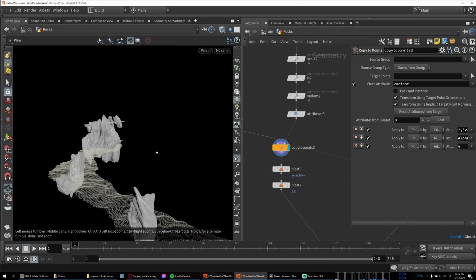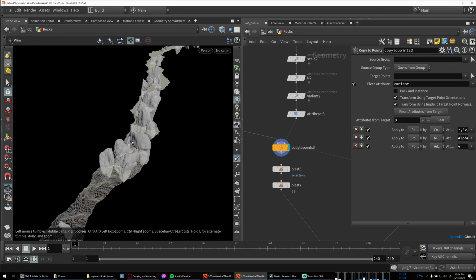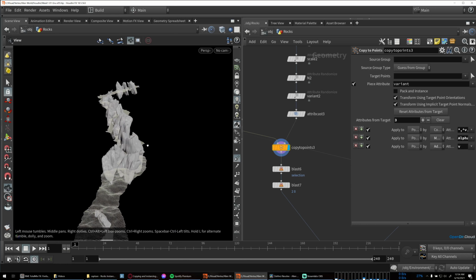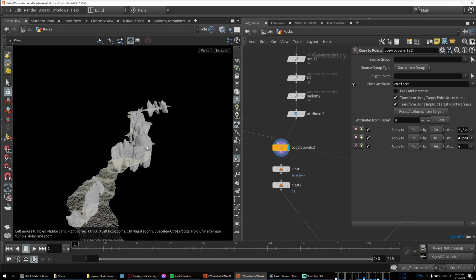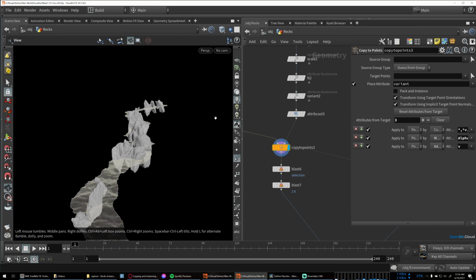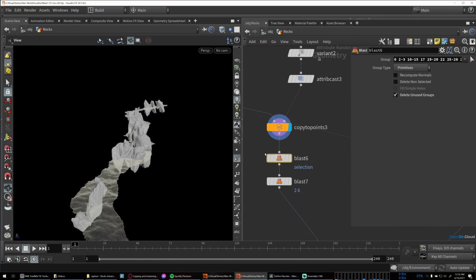And I found that after I did this initial scatter, it was a little bit too dense and it didn't really give us enough room for this river sim to flow nicely. You might find yourself needing to revisit this rock scatter once you start doing the river simulation because you might not like how it's responding to how you initially set up this rock instancing. So sometimes it makes sense just to do a little bit of cleanup